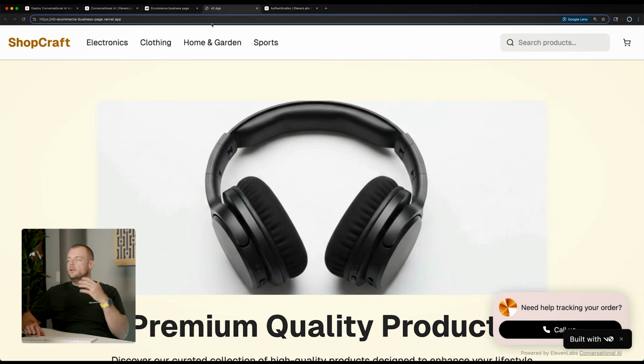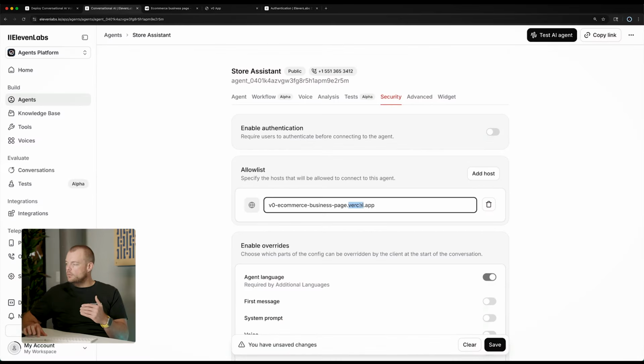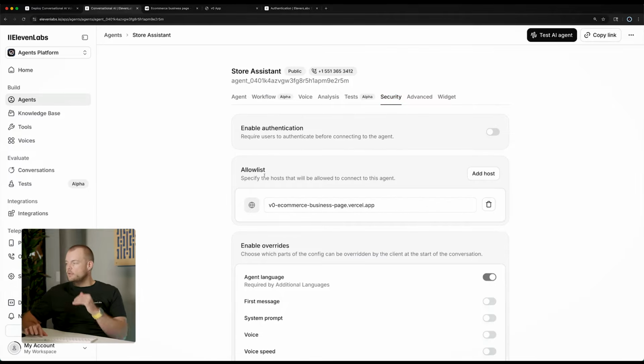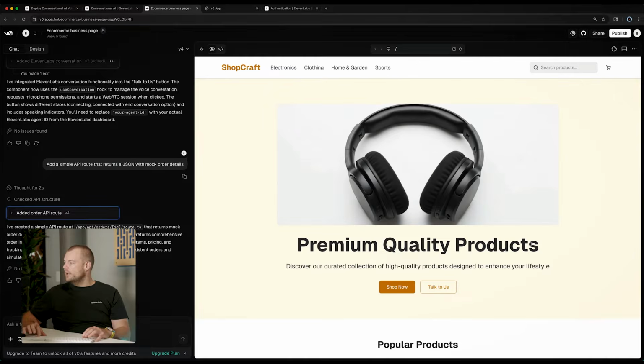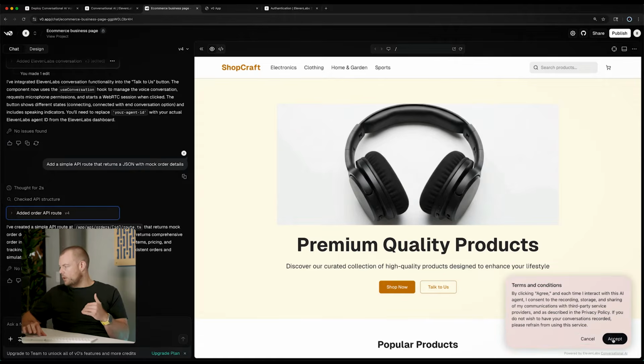So for example, I've deployed my e-commerce store here on this domain. So I can add this host to my allow list and give that a save here. And so now only my production deployed application will be able to initiate the connection to the agent. So for example, if we now go to the preview here and we refresh this, we will see that if we now click call us,